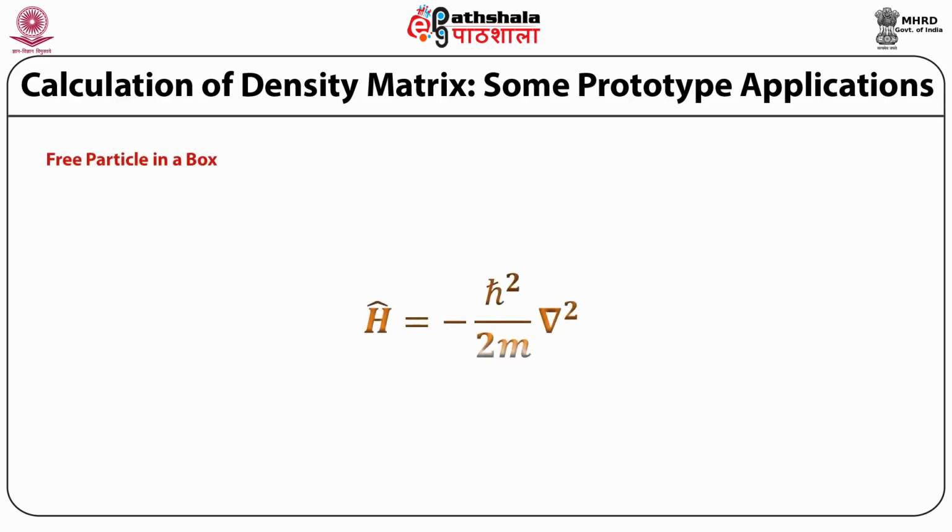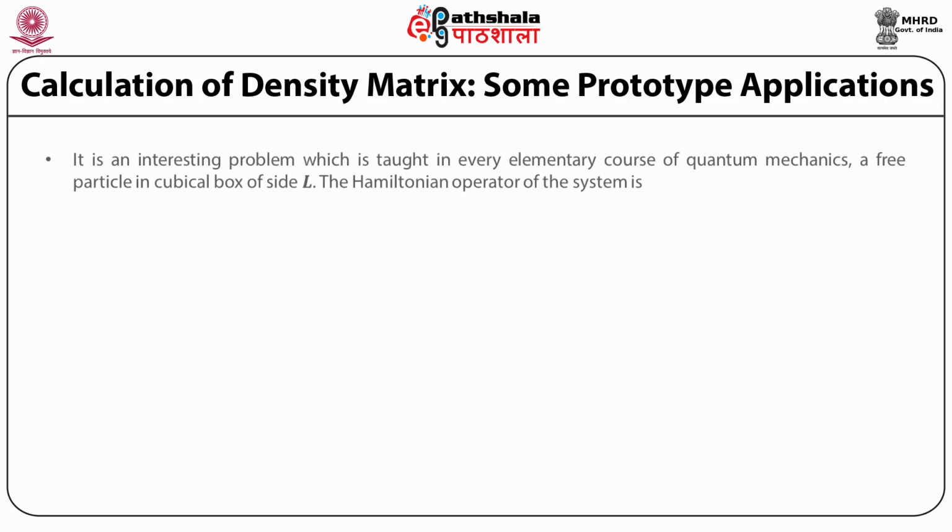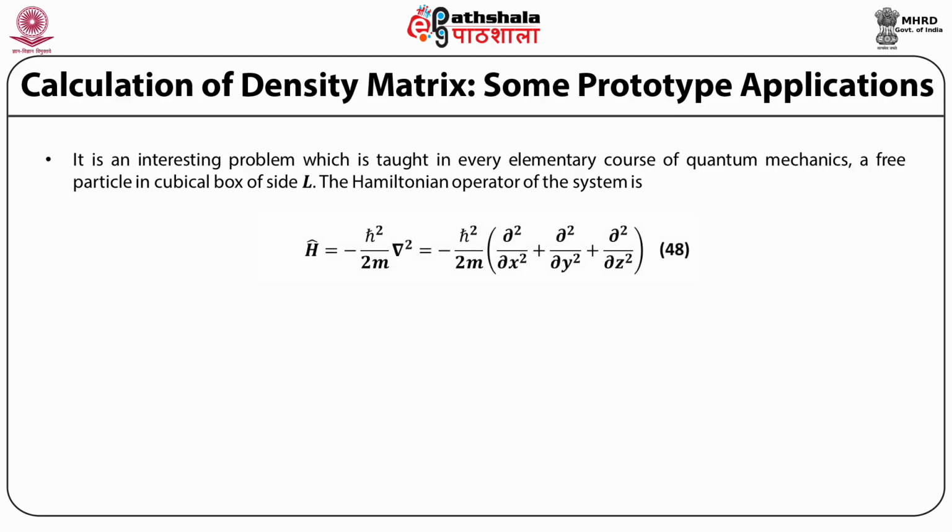Let us now look at a free particle in a box problem. It is an interesting problem which is taught in every elementary course of quantum mechanics. A free particle in a cubical box of side L. The Hamiltonian operator of the system is equal to minus h bar square by 2m del square, which in Cartesian coordinates is equal to minus h bar square by 2m multiplied by del 2 by del x square plus del 2 by del y square plus del 2 by del z square,